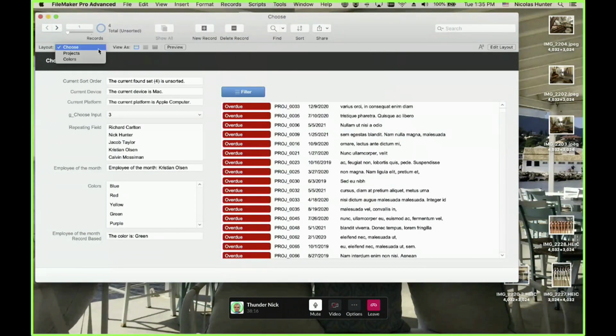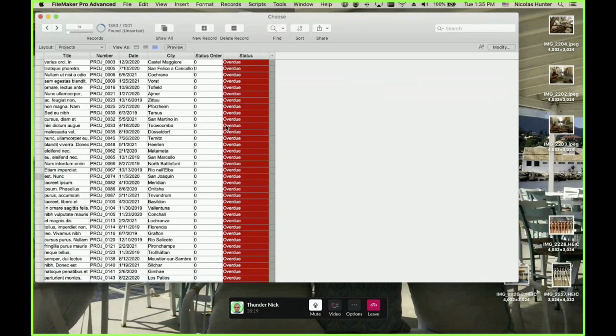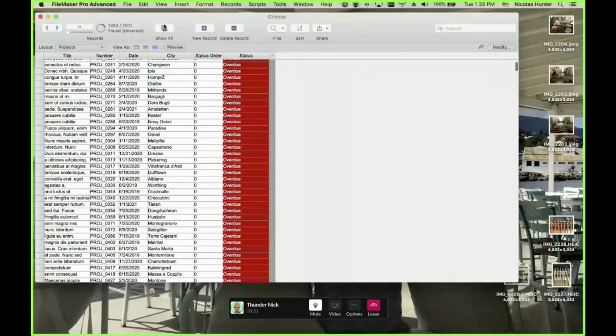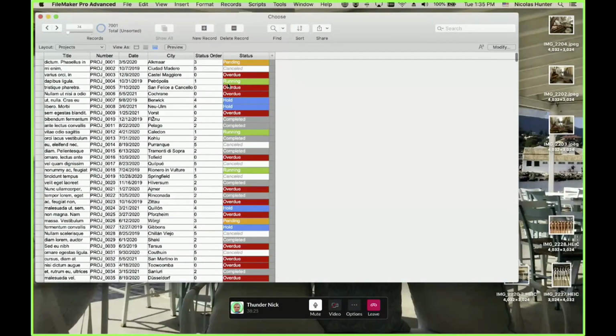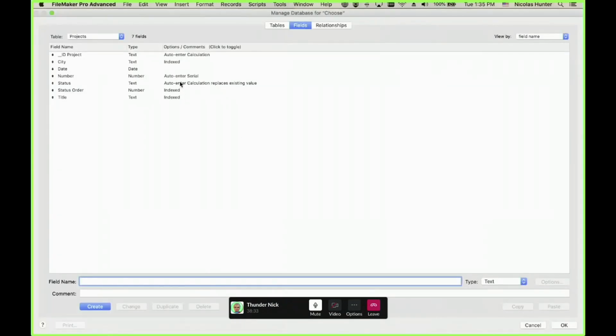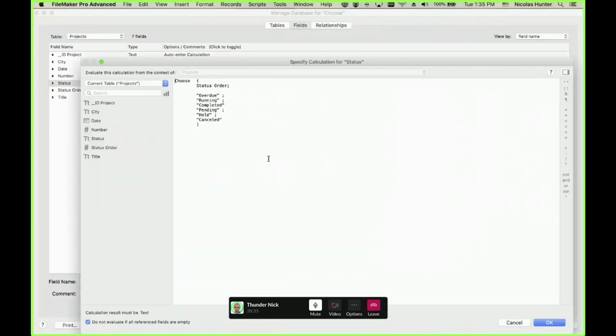Okay. So another thing that is interesting about this is that here I want to change the order of this. I want pending to be here, and I don't want this to be there.